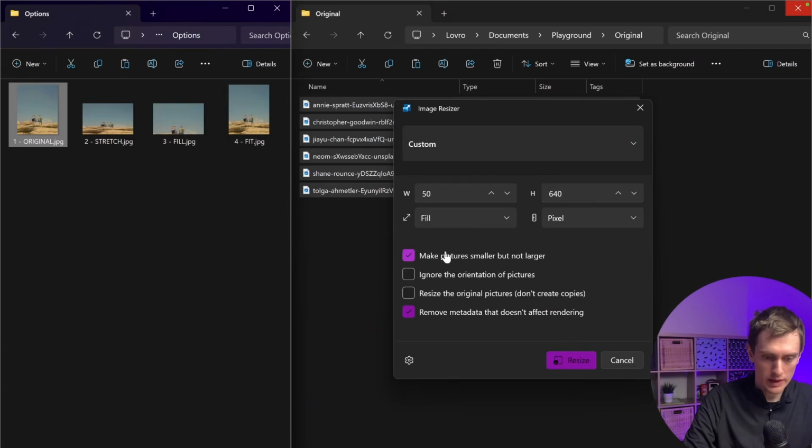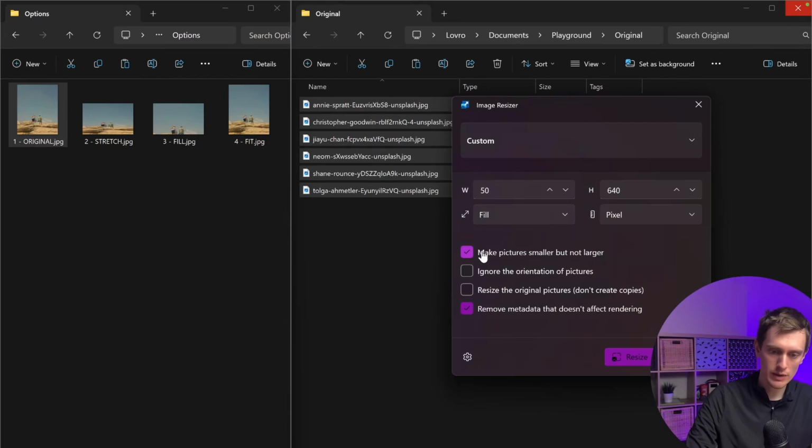Okay, moving forward. Now there are some other options that you want to use. So one of the most important, and I keep that ticked every time, is make pictures smaller but not larger. If you have a bunch of pictures and you just don't have the time to look at each specific one and check what the dimensions are, you can just check this option, and PowerToys will check the image dimensions